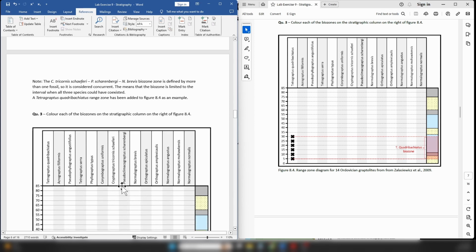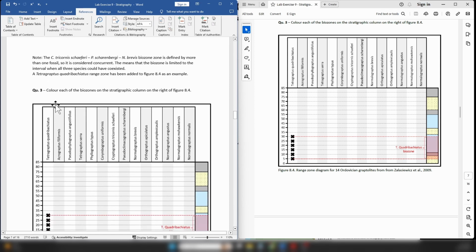Okay. So for question 3, what you're going to do then is you're going to color each of the biozones on the stratigraphic column on the right-hand side of the figure. So as we come over here, we can see for the biozone that we've already defined, that particular biozone has been colored in on our stratigraphic column, in this case red. So for the other two biozones, you're going to pick different colors, blue, green, maybe,